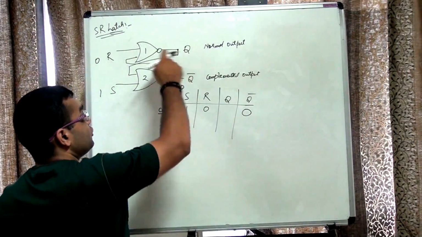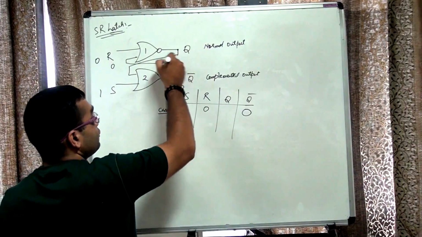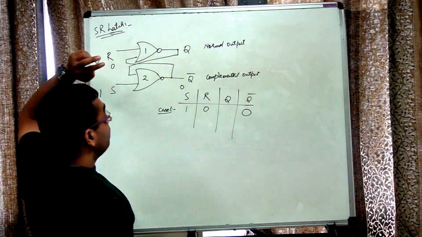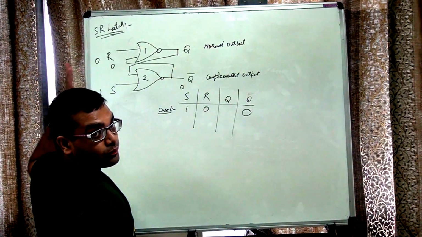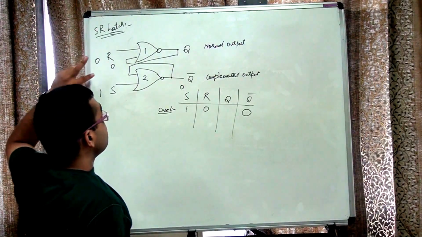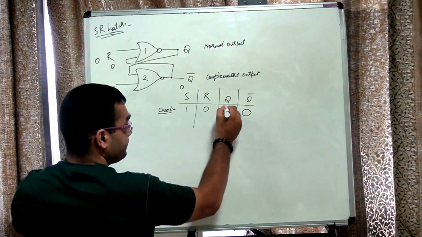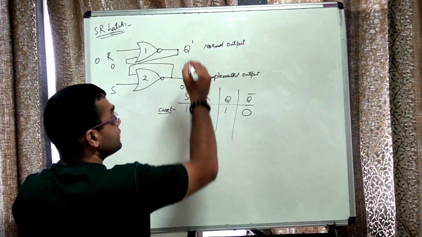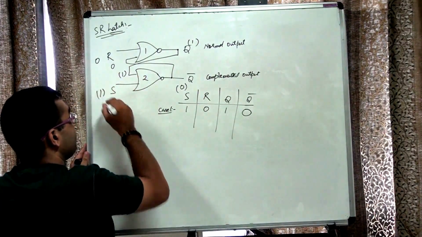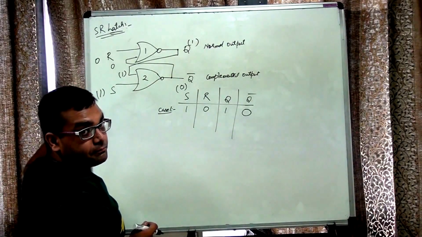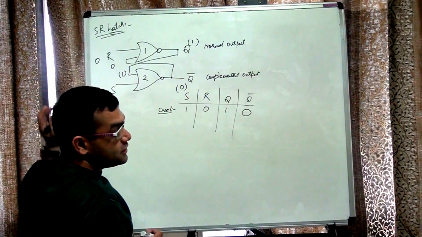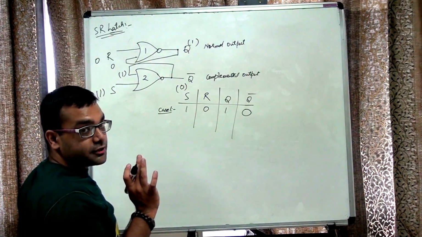Now this 0 goes as input through the feedback path onto this gate. Now for gate 1, I have both the inputs as 0. Alright, so by the property of NOR gate, both the inputs are 0, so output will be 1. Okay, this is 1, this is 0. Now this 1 comes from the feedback path over here. Since S was 1, irrespective of the other input, this output will definitely remain 0. So our circuit output will not change.